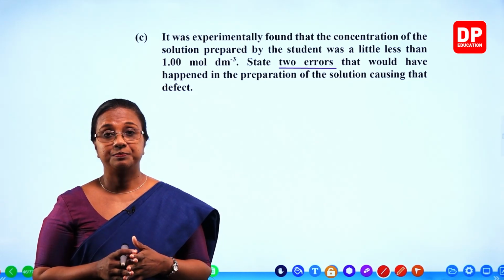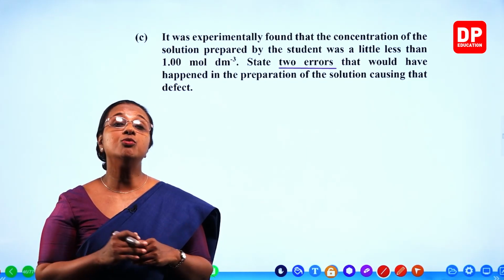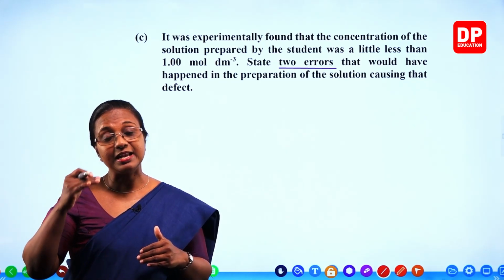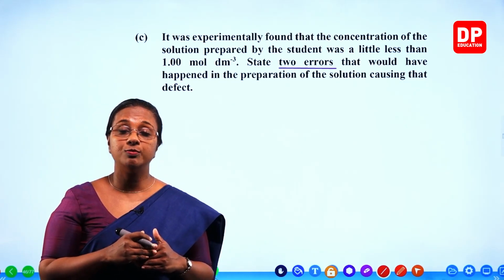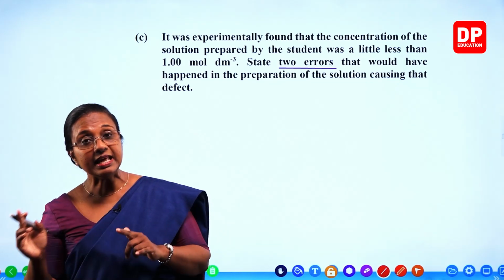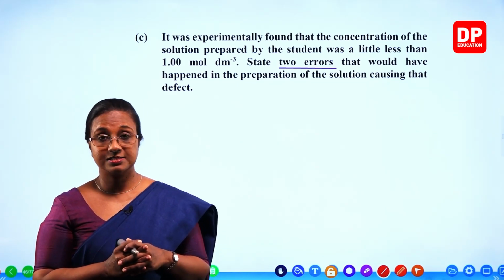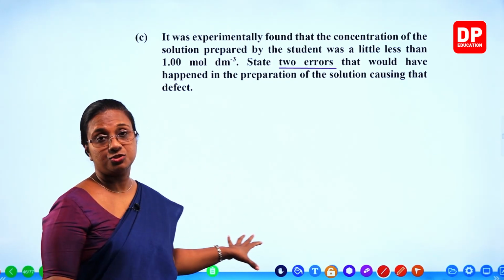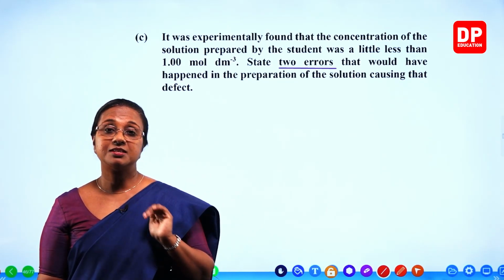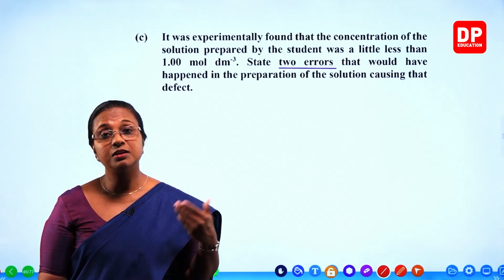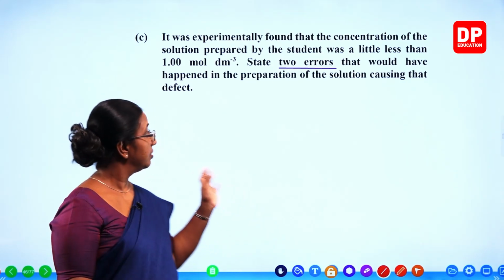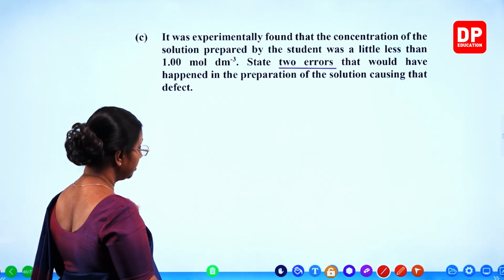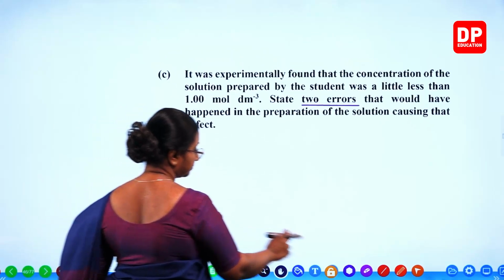Is that clear? Now, if the volume of water that you add is above that volume mark, still you can calculate the correct concentration. But here, if it is these three issues, then the concentration will be less. You cannot do any change because you have already made the solution. So that is what you need to write here.